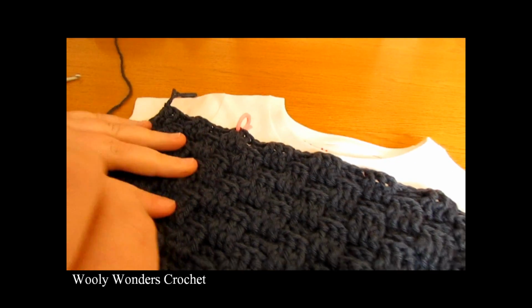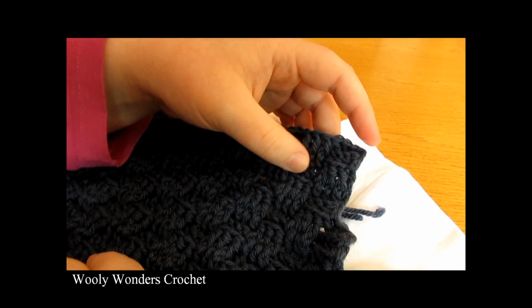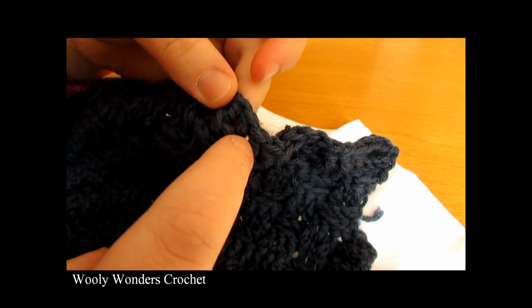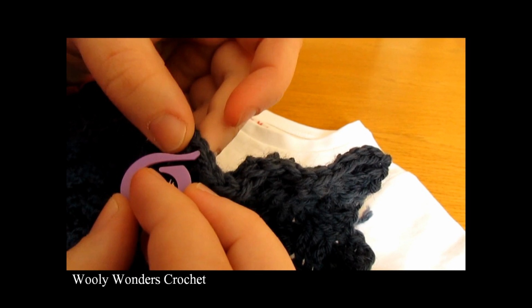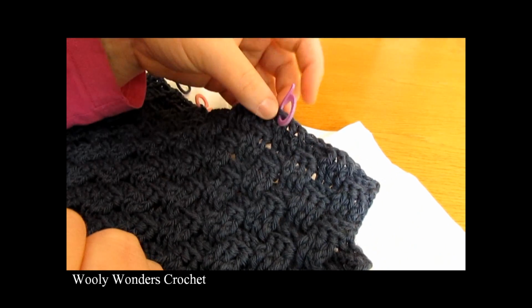And now I'm going to do the same thing on the opposite side here. This last stitch is going to be my half double crochet at this end. Then I'll have 1 set, 2 sets, 3 sets, 4 sets. And then this stitch here is going to be my half double crochet for this stitch. So I'm going to insert my hook into this one, and that will be where my strap will end on